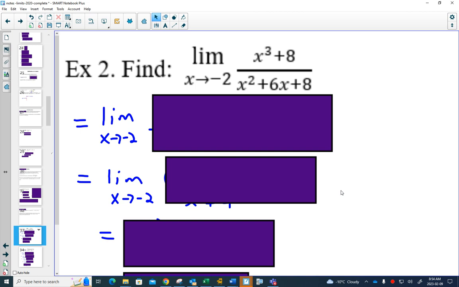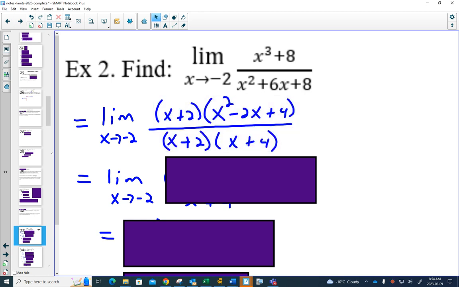All right, how did your factoring go? Did you see the top as a sum of cubes? You might have had to look back at your formula, but you should have got x plus 2, x squared minus 2x plus 4. And sometimes, if they're asking you for a limit that involves factoring, and they're saying the limit as x goes to minus 2,